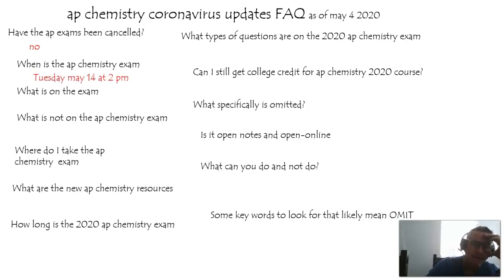When's the exam? It's May 14th at 2 p.m. What's on it? Just FRQs on only units 1 through 7 and only 2 questions. No thermo, no electrochemistry. And by thermo, I mean thermodynamics, the free energy stuff, not the q equals mc delta T stuff. That's still on it. Calorimetry, yes. Free energy, no. Where do I take the AP chemistry exam? From the comfort of your own home, preferably in a closed room where your dog can't get in